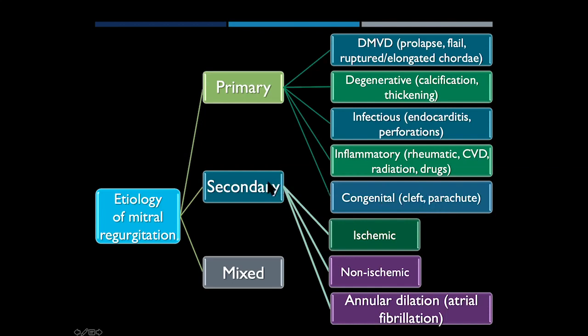Secondary mitral regurgitation is generally caused by annular dilation with papillary muscle displacement and dilation of the left ventricle. You can see this in both ischemic and non-ischemic cardiomyopathies. You can also get annular dilation based on atrial fibrillation, secondary to left atrial dilation, and then subsequently annular dilation. And of course, you can have mixed pathologies where a person can have both primary and secondary etiologies for their